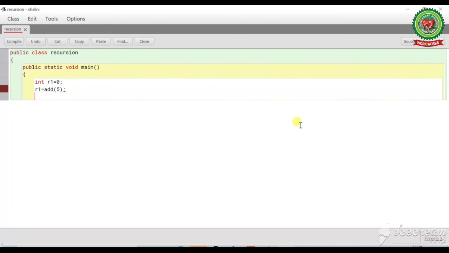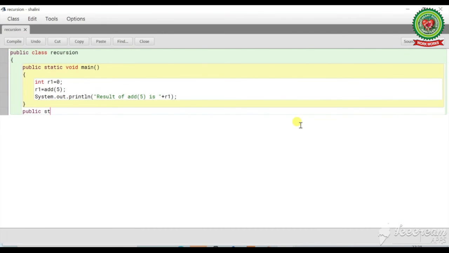Then I'll print the message, System.out.println, result of add 5 is, then r1, the variable in which I have stored the function. Then I'll close the main method and I will make my function, public static